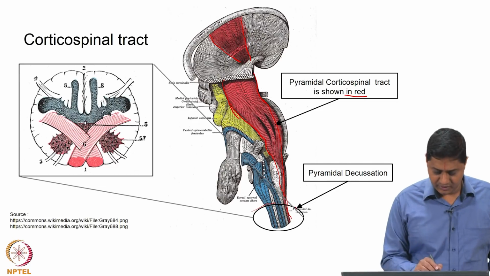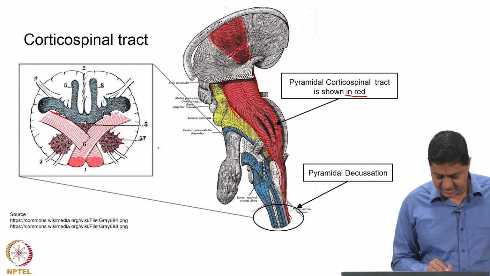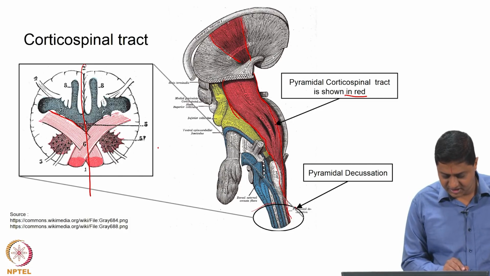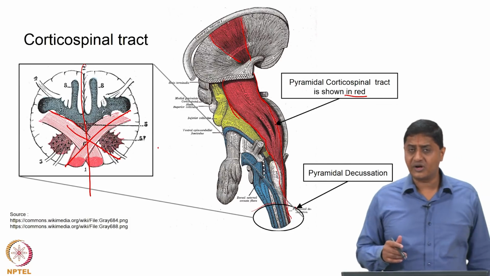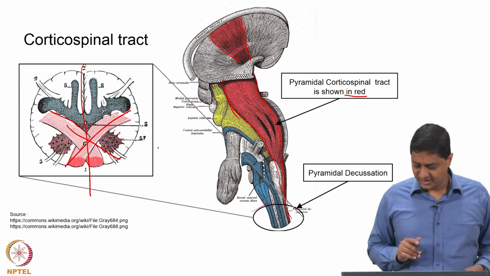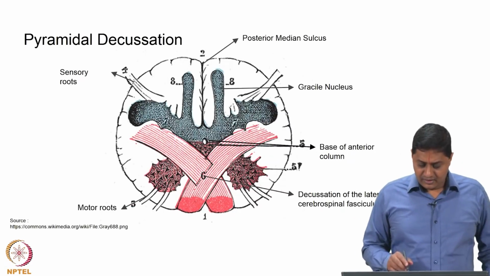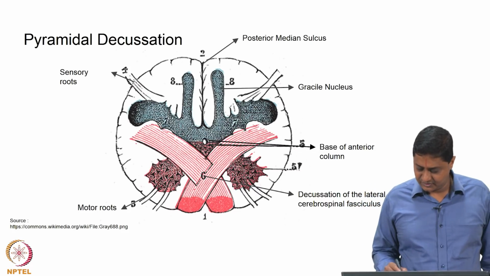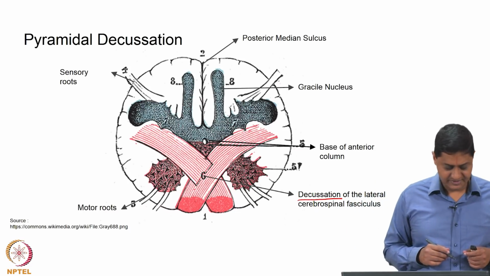In this view this is not seen, so that has been zoomed out and a picture is shown here, where those coming from that side, if you consider this to be the left and the right half, those that start in this half cross over to that half, and those that start at that half cross over to this half. This is not true for all, I said this is about 80 to 90%. So, that is called pyramidal decussation. Okay. Once again, a picture showing this decussation more clearly. This is the decussation that is happening at the lateral corticospinal fasciculus.